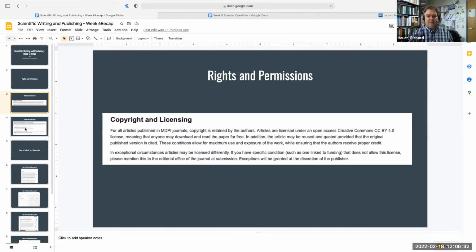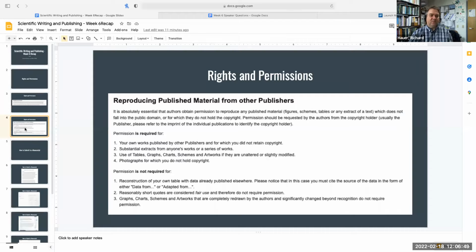Yeah, I think the big thing I missed was they didn't say anything about rights and permissions. And so it's really easy. You could go to any major journal and just search for rights and permissions. So you want to use a particular image, you go through the process and they'll grant it. But yeah, that's the way to actually get the official permission.